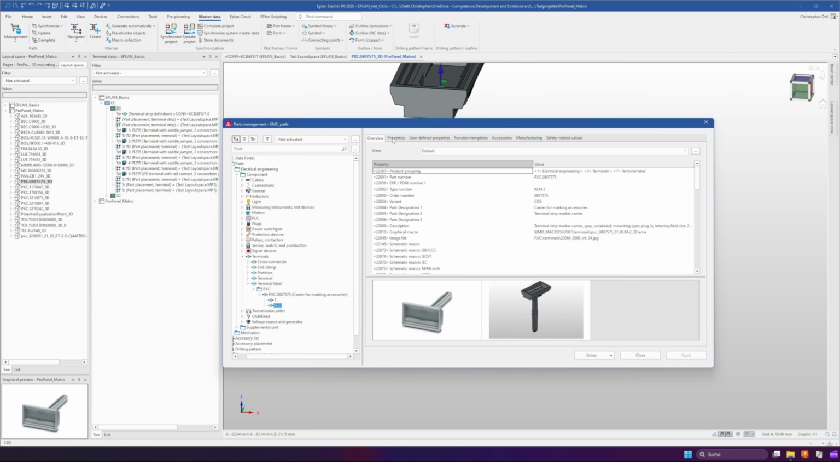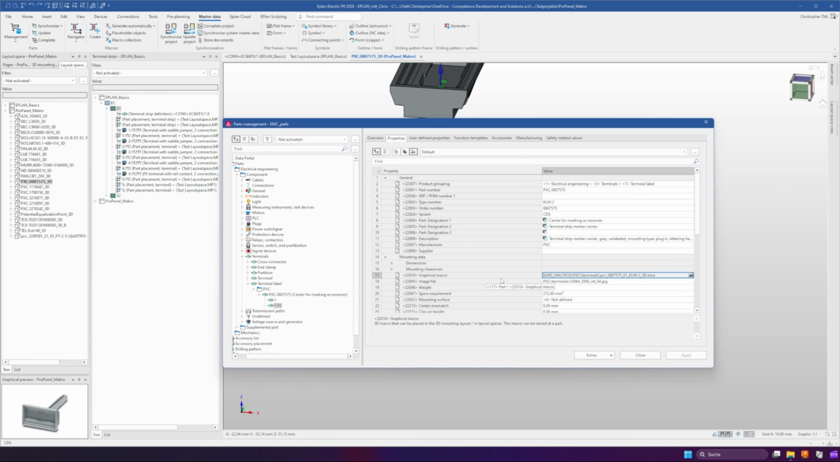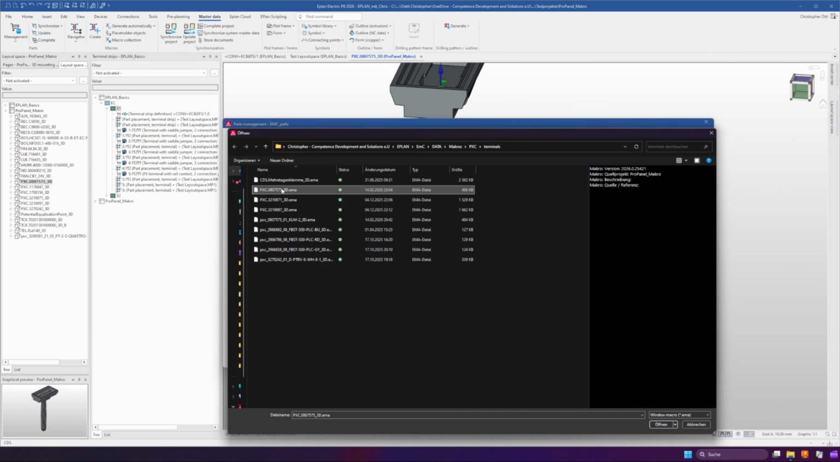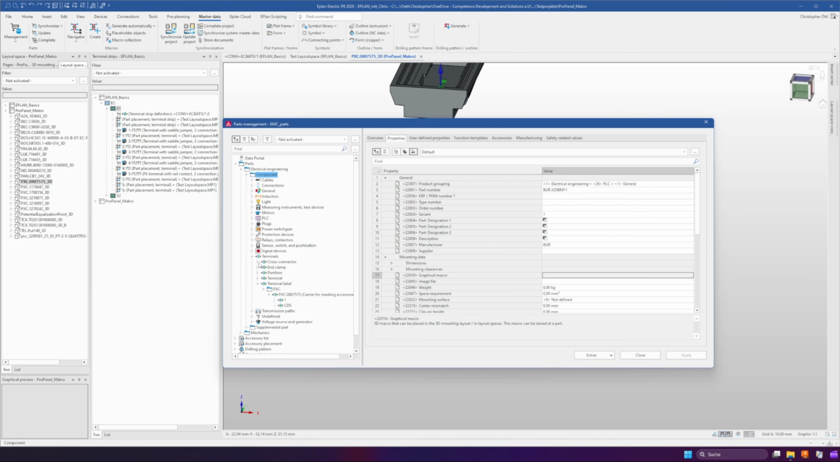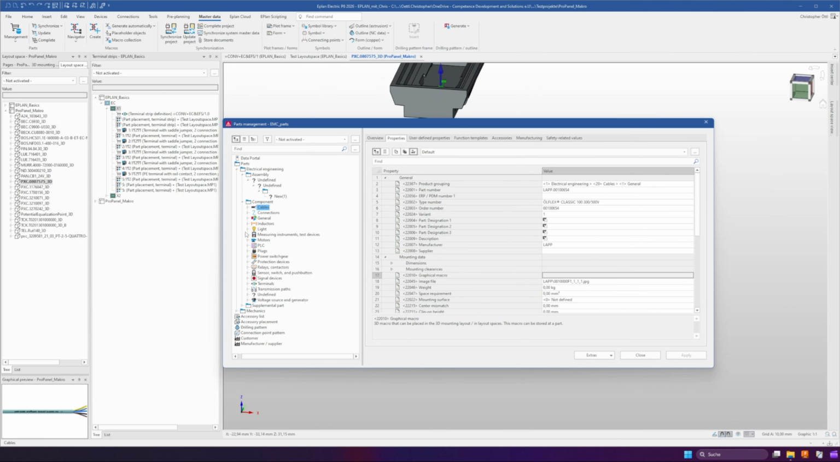And then we switch to the properties and change the graphical macro. We select the perfect fitting one we created a few seconds ago and say apply. And now we need to make a right click on electrical engineering, say new, and here we select the assembly. And then we open again components, terminals,